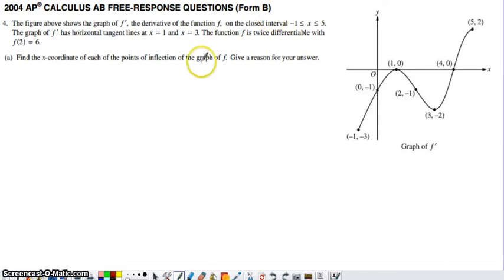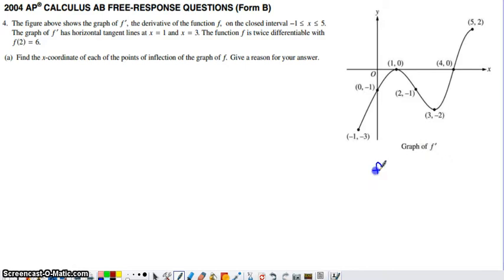So here we'll take a look at number 4, part A from 2004, AB free response, form B of the exam. This is a situation where they provide us with a graph of a derivative. So here's a graph of f prime, and various points on the graph are already given to us here. So basically what we know from this point, 1 comma 0, being on the graph of f prime, is that